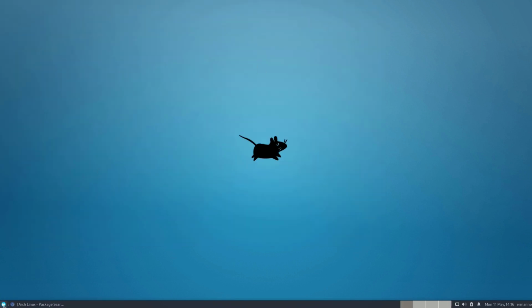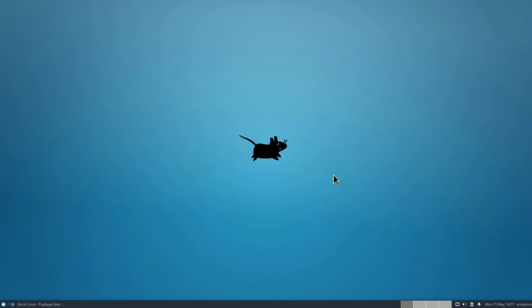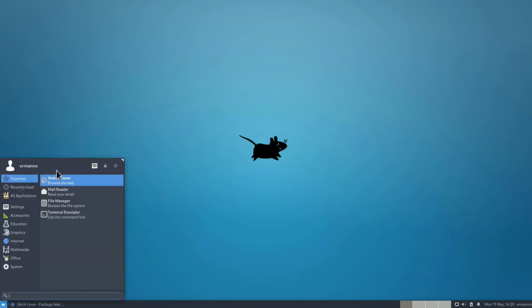And now if we hit again the same button here, we can use it to customize our profile. So I'm going to go ahead here and put in my name and my last name and my initials. That's enough. And then click apply. There you go. Now let's click back on the button here. You see the changes are not reflecting here, and that's because we need to log out for the changes to